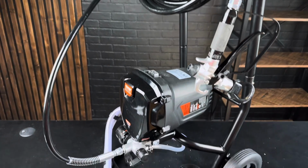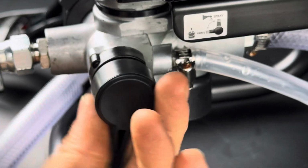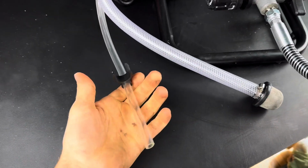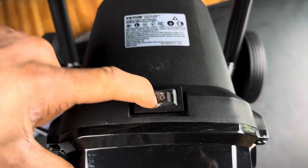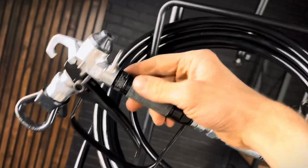Now let's take a closer look at the sprayer. It has a knob to control the pressure, a lever on the other side to change modes between priming and painting, a paint suction hose and a priming hose. They have clips to keep them together, a short power cord, nice big wheels that make it really easy to roll around, an on-off button on the top of the machine, a handle that makes it easy to push around as well as hold the paint hose, the 25-foot paint hose that's attached to the spray gun,